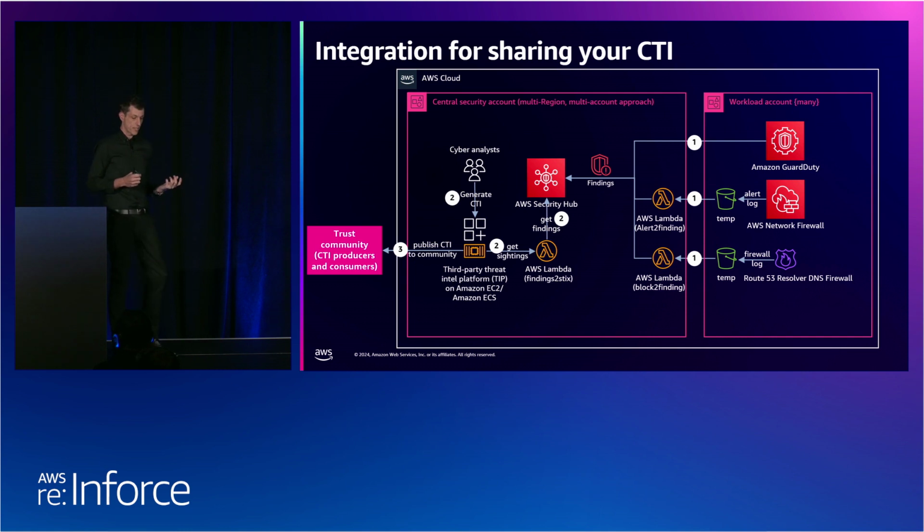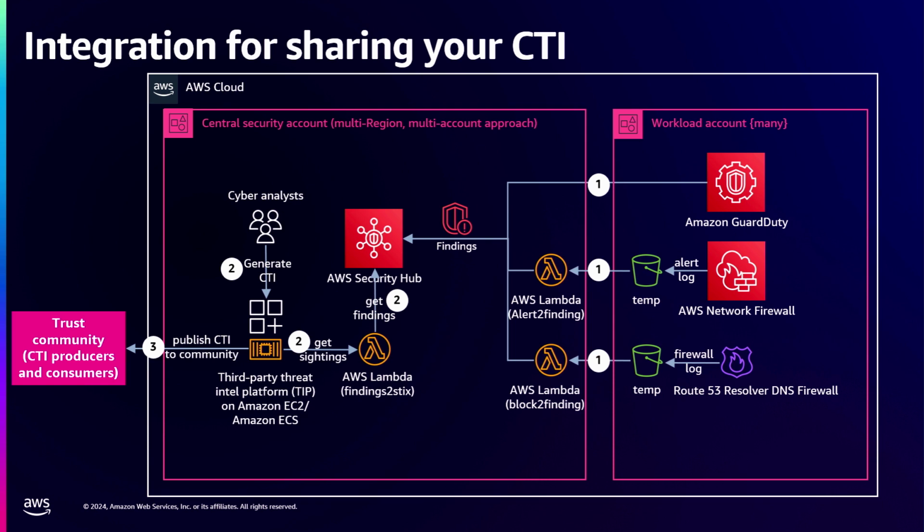We can take a look here at the steps behind an example reporting process. Firstly, we might have AWS GuardDuty automatically detecting some kind of malicious behavior. It's then going to record the details as a finding and forward it on to AWS Security Hub. We could also have our AWS Network Firewall configured to produce log alerts for any domain, IP address, or IP range that is denied access, and then a Lambda function can look at those logs and be configured to automatically trigger and convert these logs into findings that can then be put into a standardized data format and forwarded into Security Hub as well.